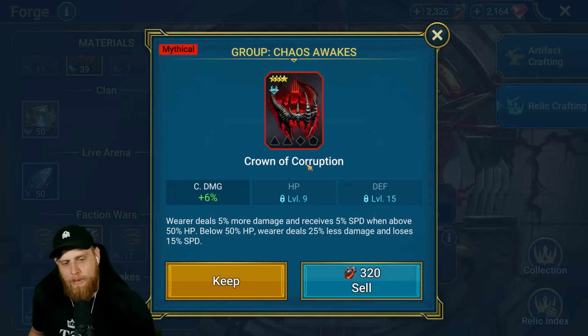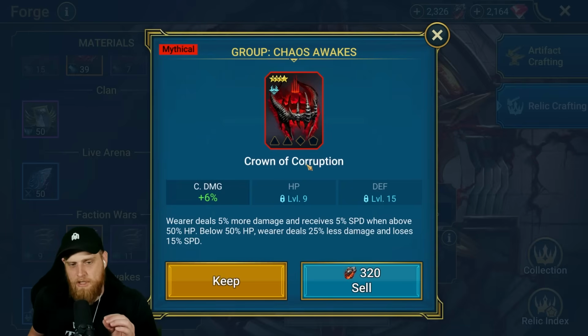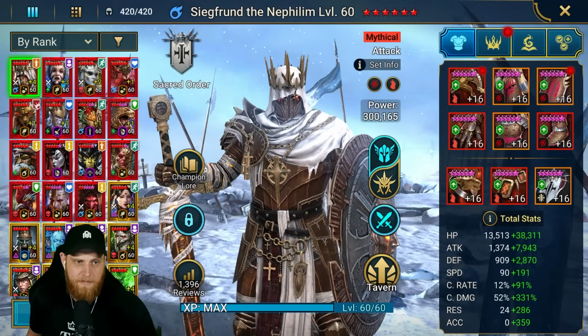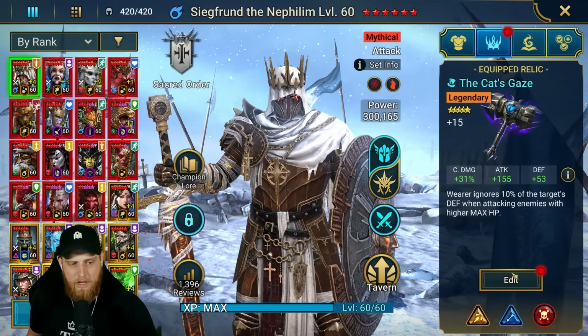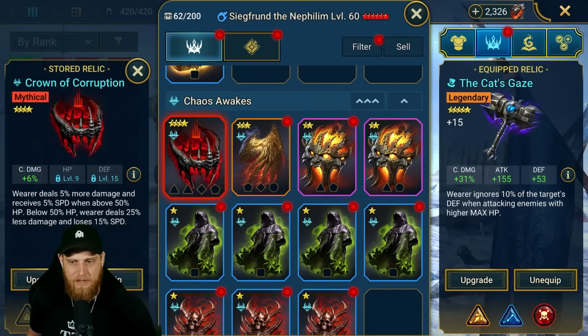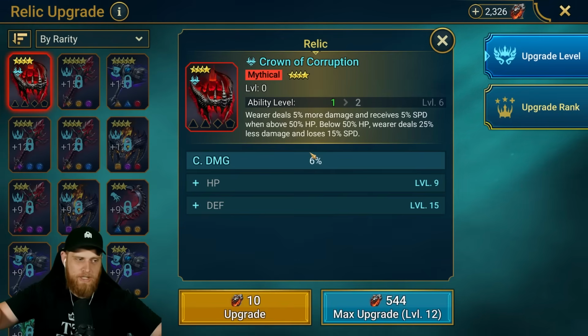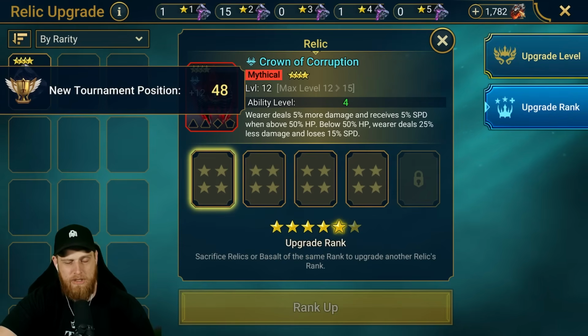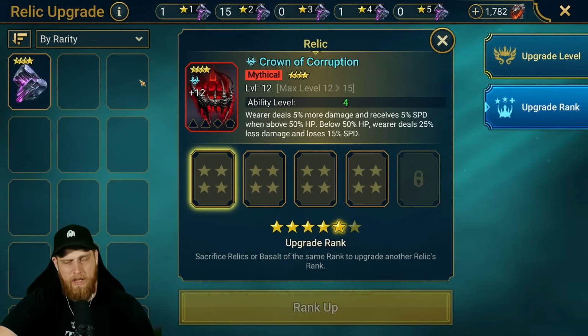Oh, baby, things are about to get crazy. Wearer deals 5% more damage and receives 5% speed when above 50% HP. This is stupid. This is stupid levels of insanity. That is getting instant boosted up. What in the world, guys? That is the best, the absolute best pull I've ever done for relics. And I got to spend every bit of Stardust. Plarium scamming me. Oh, wait, they actually...